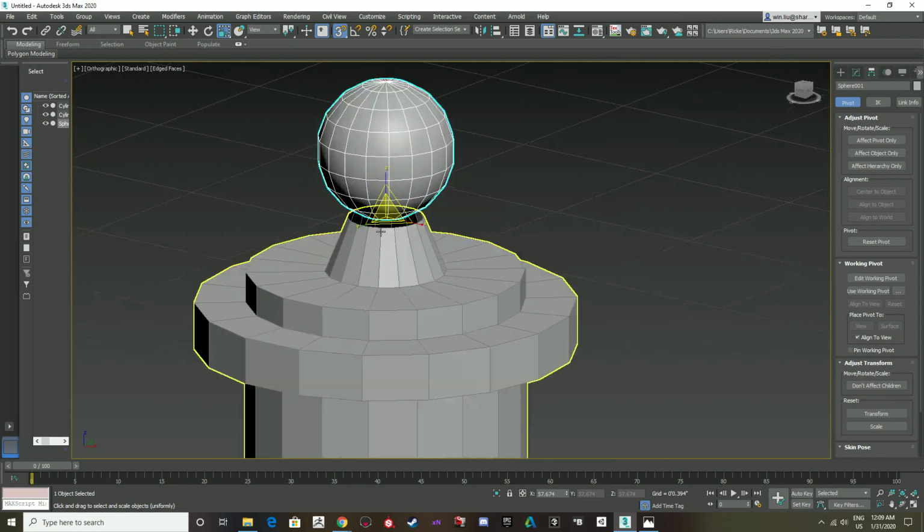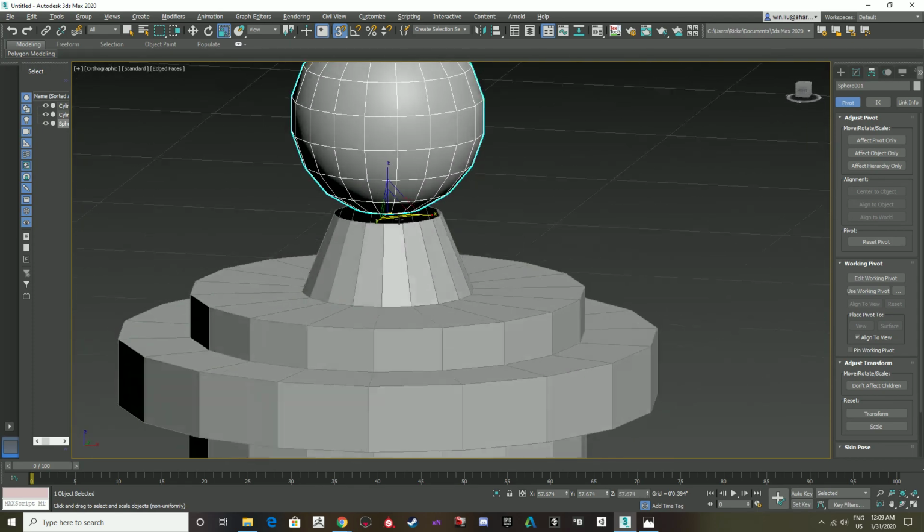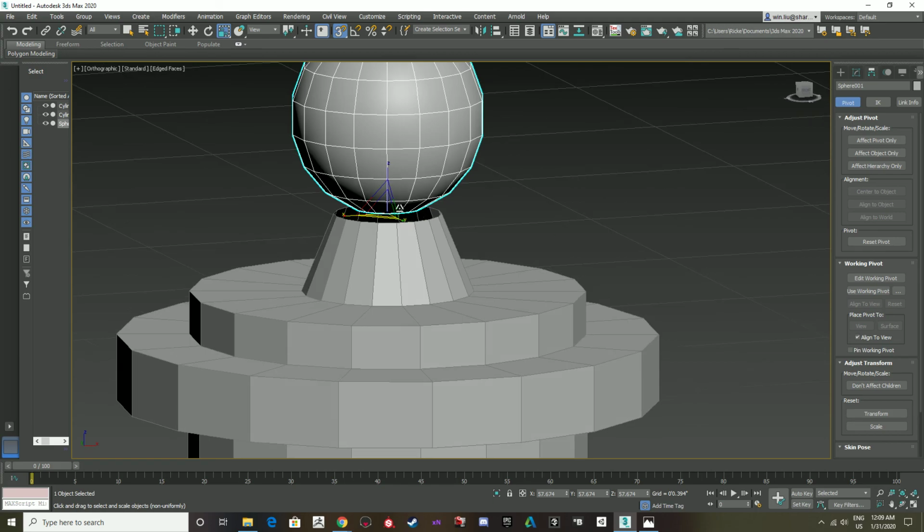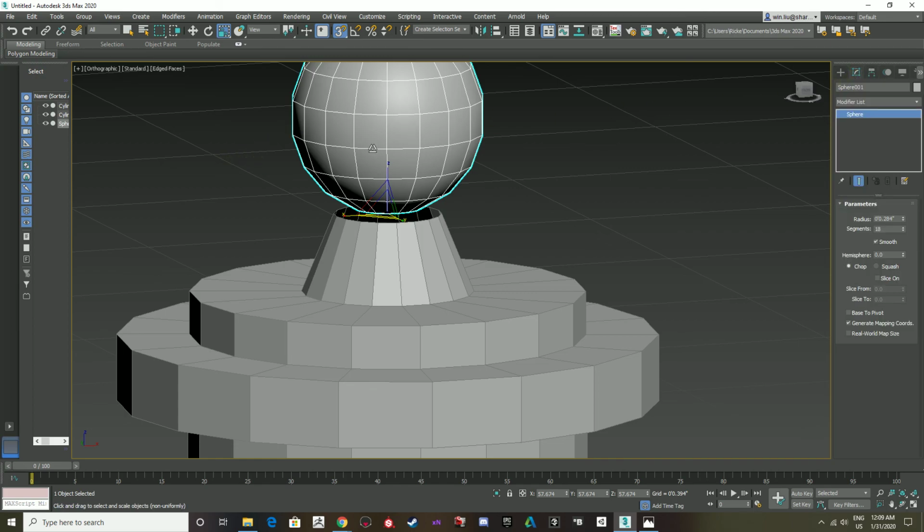perfect. So we don't want this hole here. We want to make sure that these two things connect. And so what we're going to do is we're going to make sure our sphere is editable poly. So we're going to right click, convert to editable poly, go to your polygon